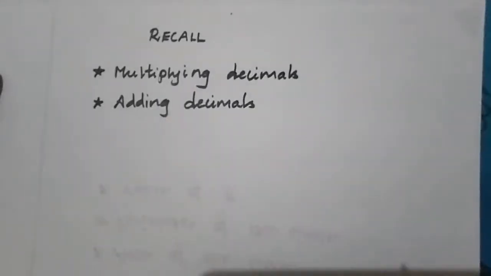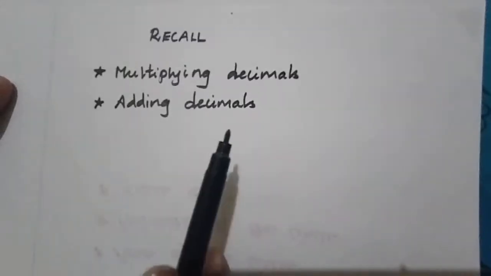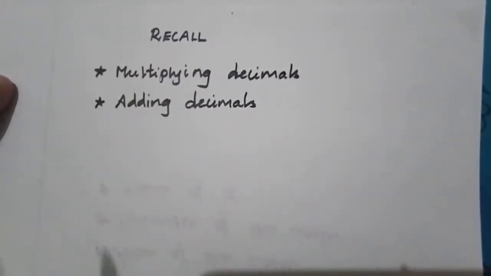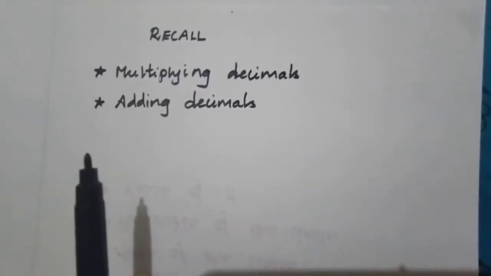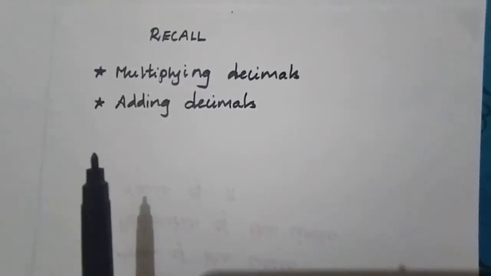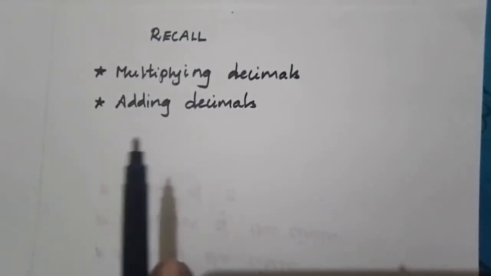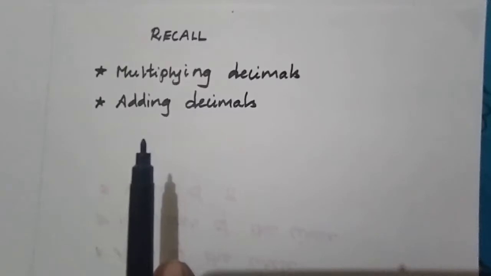Yes, let us recall what we have learnt in today's session. We have learnt the value of an algebraic expression for algebraic identities. And always remember, children, when we are multiplying decimals, first multiply the numbers, then count the number of decimal places, and afterwards you can keep the decimal point. Similarly, when you are adding decimals also, do it in column method. It will be very easy for you to complete. Is it clear? Yes. Thank you.